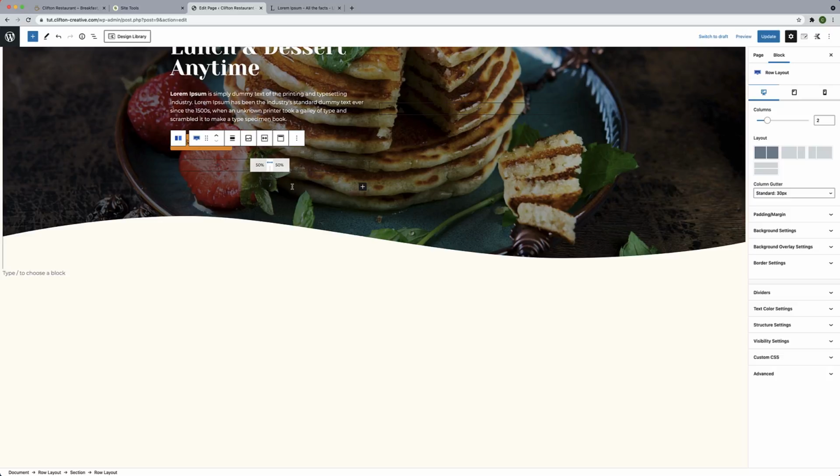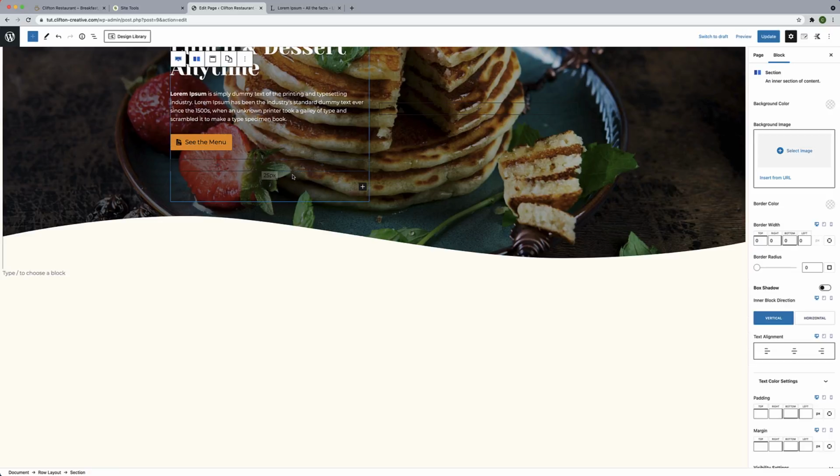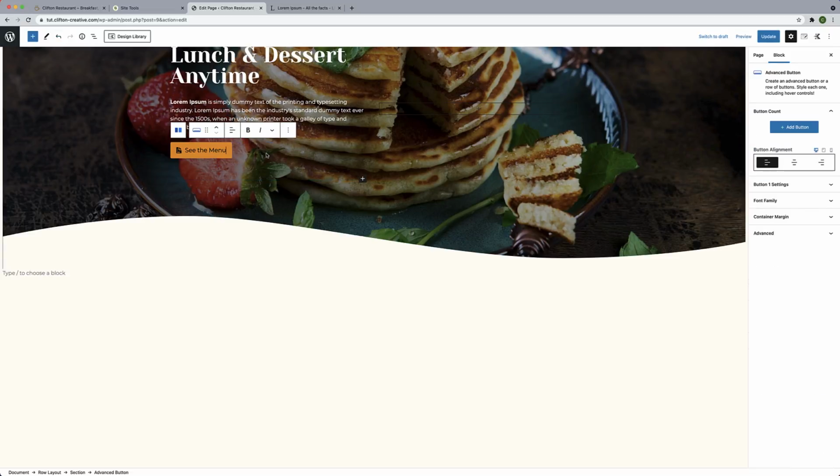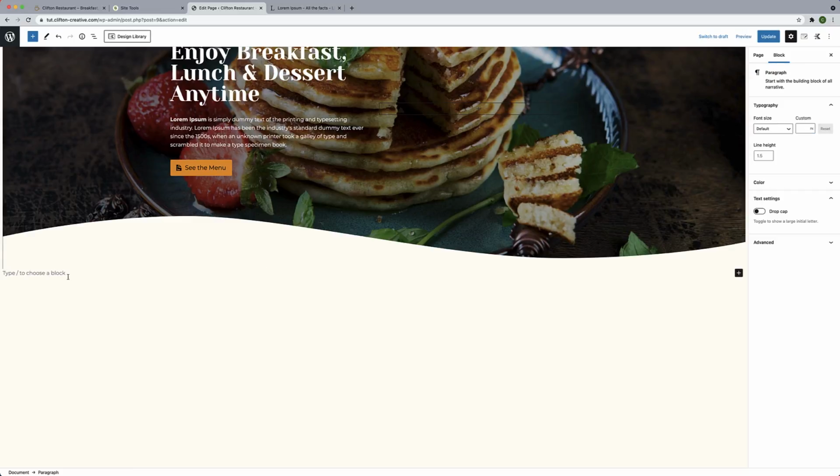there you go. Oh, sorry, we inserted that into the wrong place. So let's go ahead and undo that. Click undo. We don't want that. Or we can click delete, and now it's gone. I actually want it here. So while my cursor is here, click this plus sign, row layout,